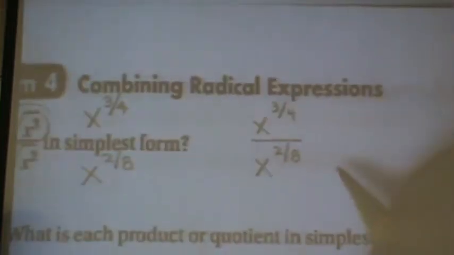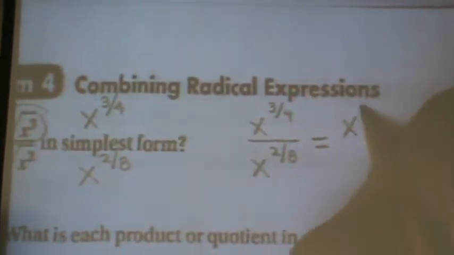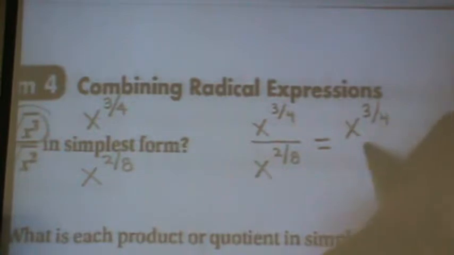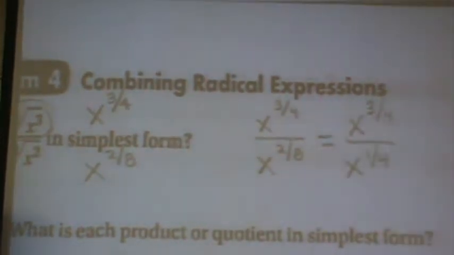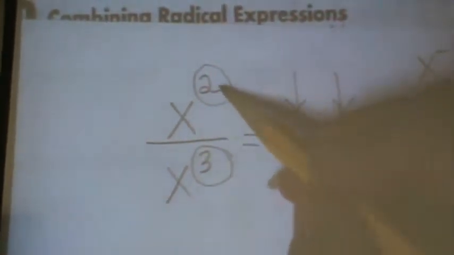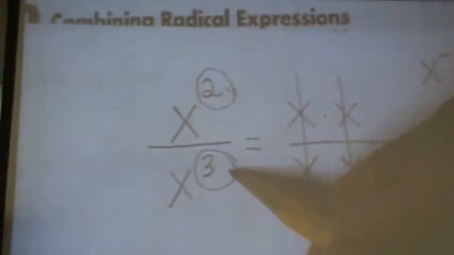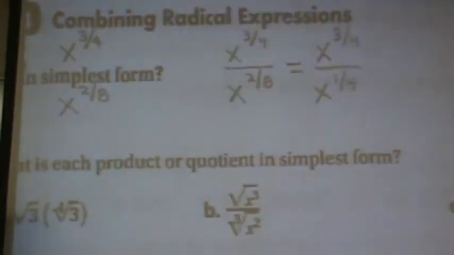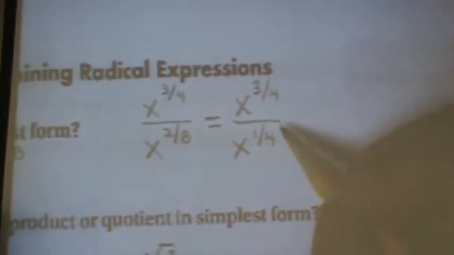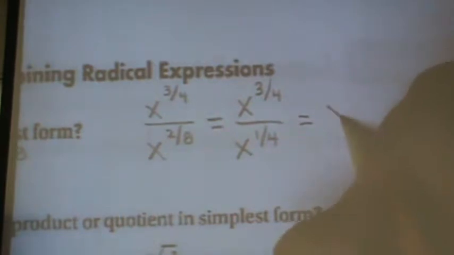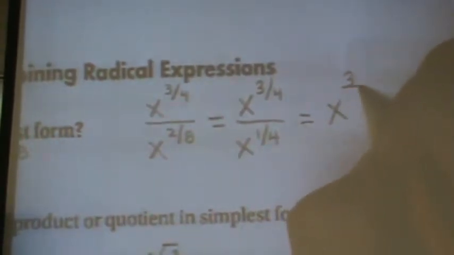And we do something to that bottom fraction. So you're seeing it, we can reduce that. So now, what was that rule that we did over here? The quotient rule: if the bases are the same, what do you do with these two exponents? You subtract them. Guess what? Bases are the same. What do you think you're going to do with these two exponents? You're going to subtract them. So you've got 3/4